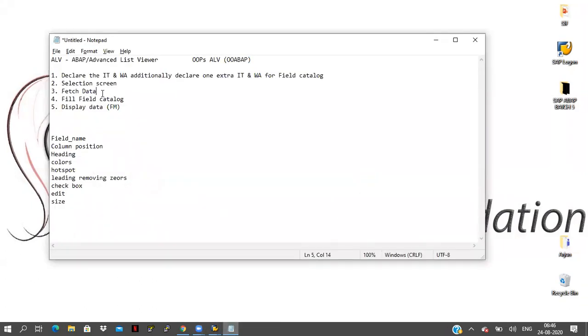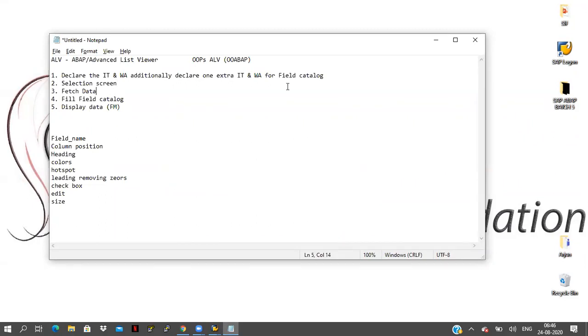So here, fetch data and selection screen as usual. How we were writing the code for the interactive report or classical report, in the same way the selection screen is the same, and fetching data is also the same here. How we were fetching the data through select queries, by using inner joins or FOR ALL ENTRIES. If you are using FOR ALL ENTRIES, then you have to merge all the data into one single internal table. All those things are common here.